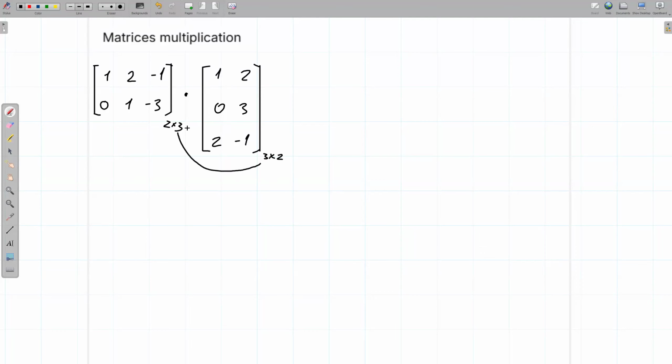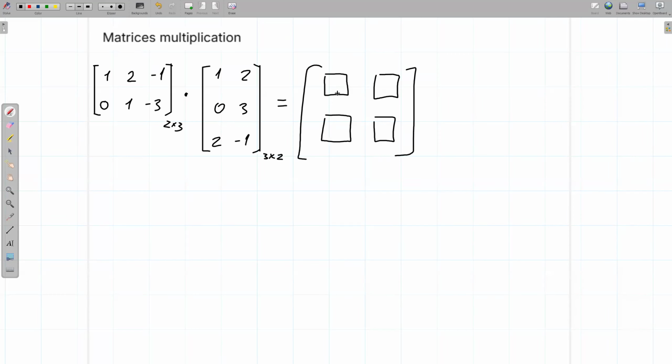These two inner dimensions should be equal if we want to multiply these matrices. Not every 2 matrices can be multiplied, as we will soon see. And the external dimensions determine the dimensions of the result. So I can already know that the result is going to have dimensions 2 by 2, 2 rows and 2 columns. So my result will be this matrix,